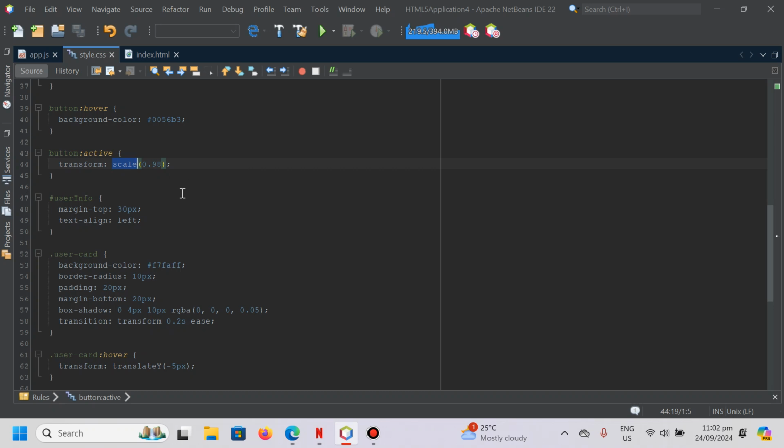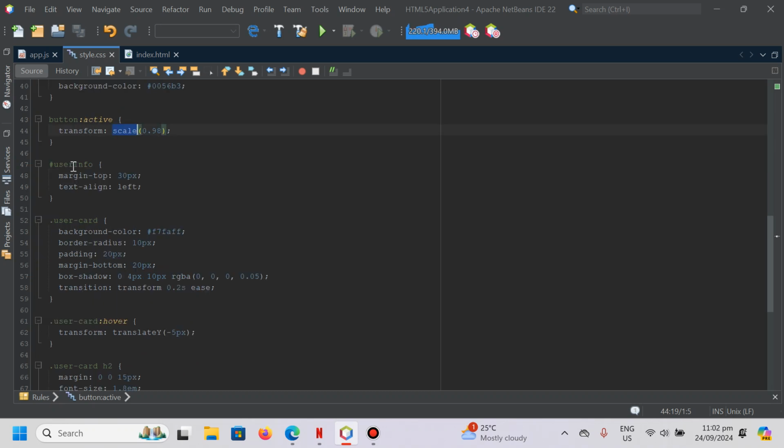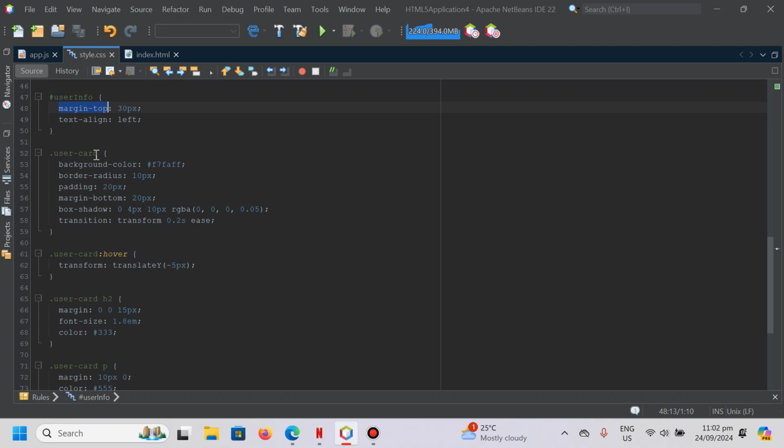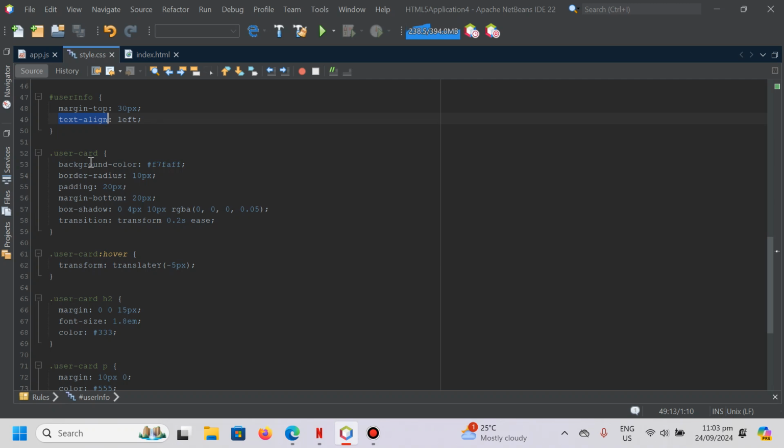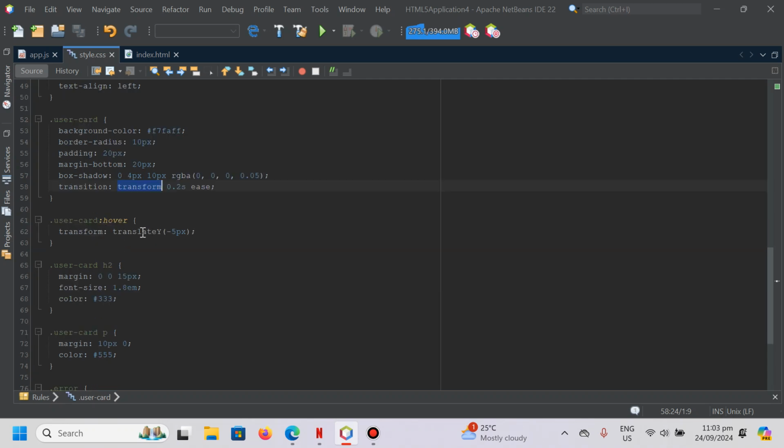To know if it's pressed or not. User info: the pixel, text align left. User card: background color light blue, border radius 10 pixel, padding 20 pixel, transition to make the card smoothly move when hovered.